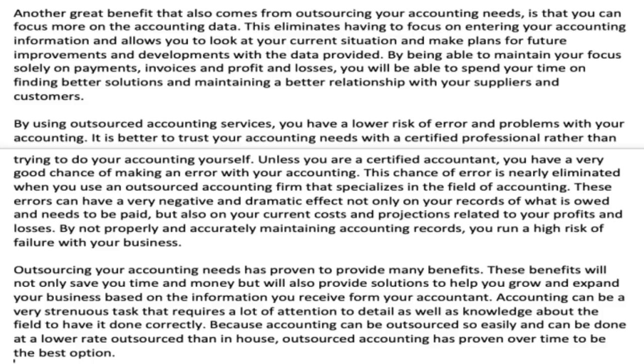By using outsourced accounting services, you have a lower risk of error and problems with your accounting. It is better to trust your accounting needs with a certified professional rather than trying to do your accounting yourself. Unless you are a certified accountant, you have a very good chance of making an error with your accounting. This chance of error is nearly eliminated when you use an outsourced accounting firm that specializes in the field of